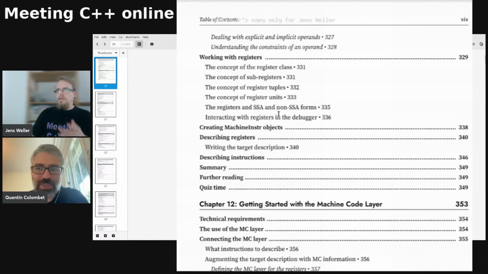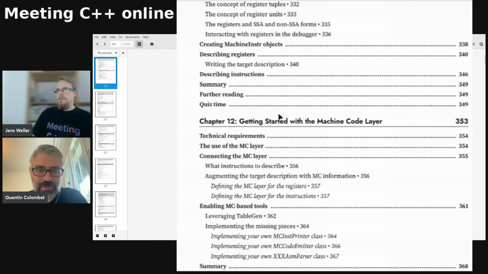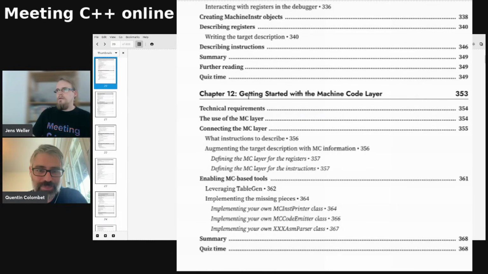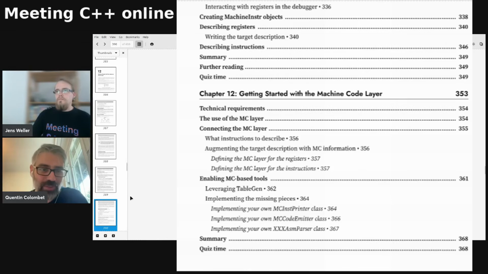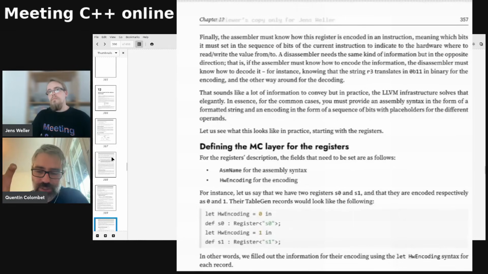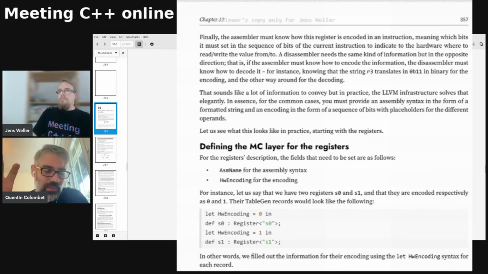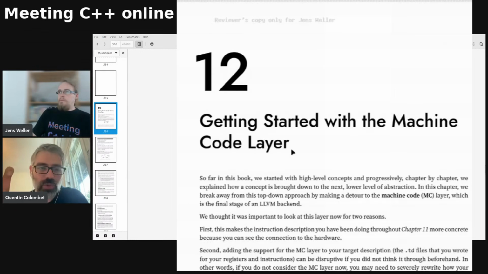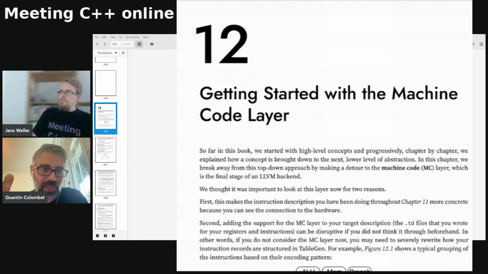Absolutely. And then chapter 12, we're going into getting started with the machine code layer. So the machine code layer is yet another intermediate representation in LLVM that is used at the very end of the pipeline. It's essentially the abstraction that holds all the information about the encodings of your targets, encodings and assembly. Meaning how you print your strings for your C++ toolchain for the assembler for this particular target,